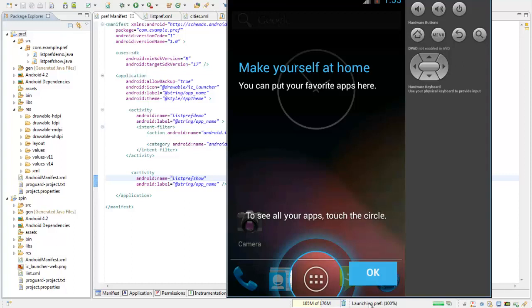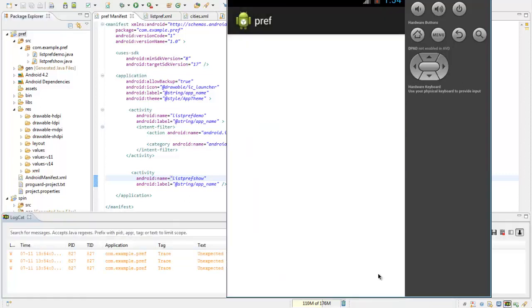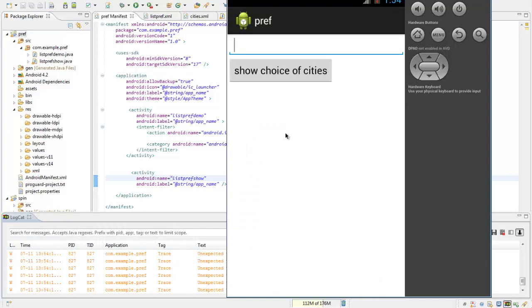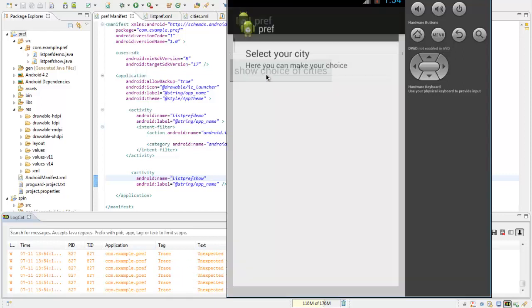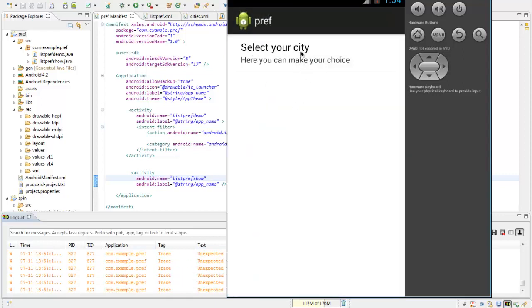It is launching the preference. So the starting screen has a text field and a button. So I'll just click this button to show the preference screen. Now this is the preference screen. It says select your city.